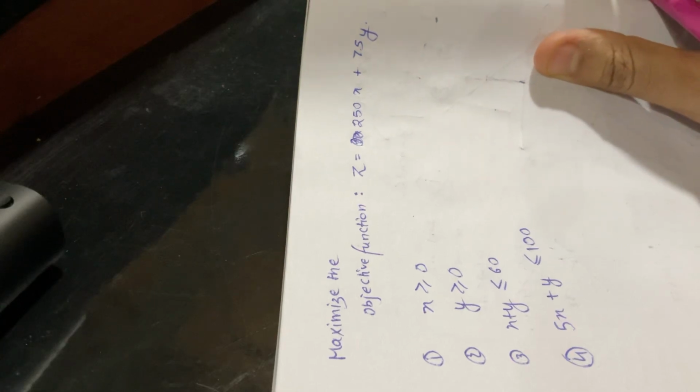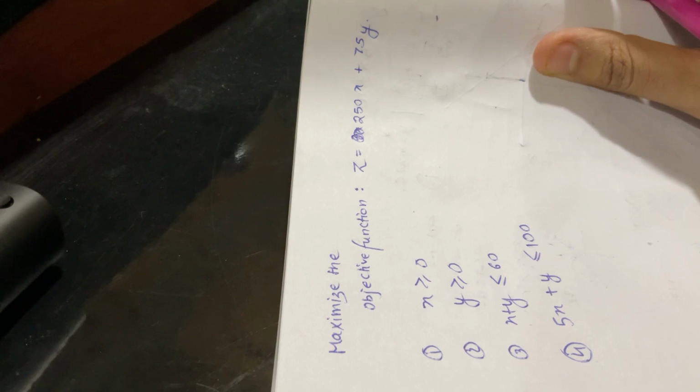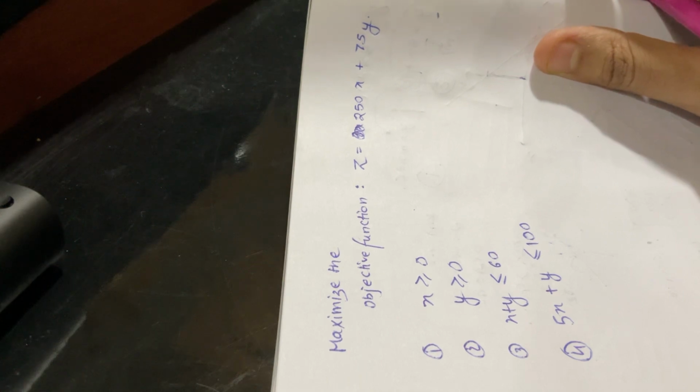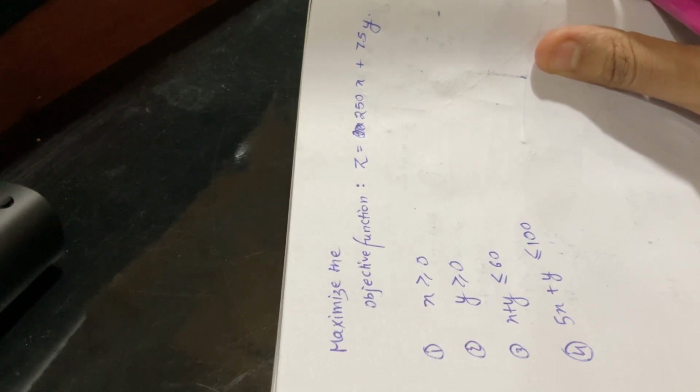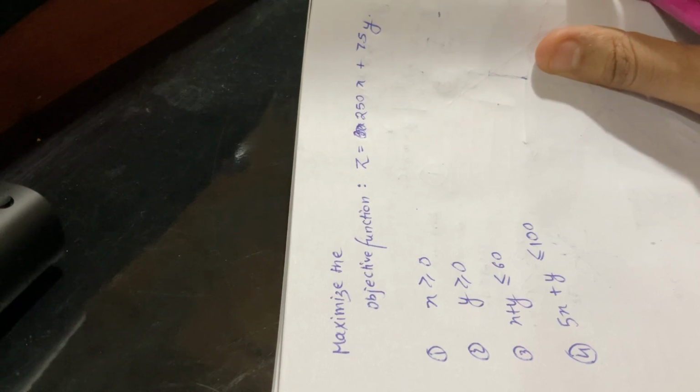Okay, welcome back, guys. So this is the most important part of linear programming. Till now we have seen how to plot basic graphs. Basic graphs means x greater than 0, x less than 0, all small regions, right? y less than or equal to -3, y less than or equal to -100, all those regions we have seen how to